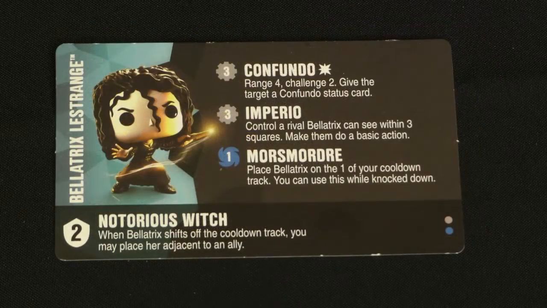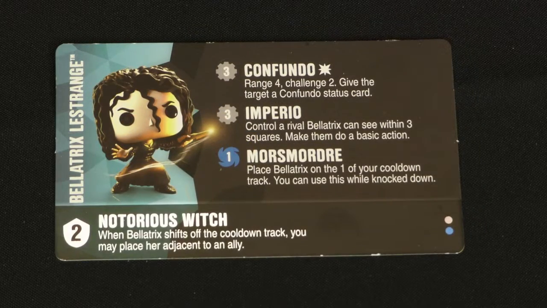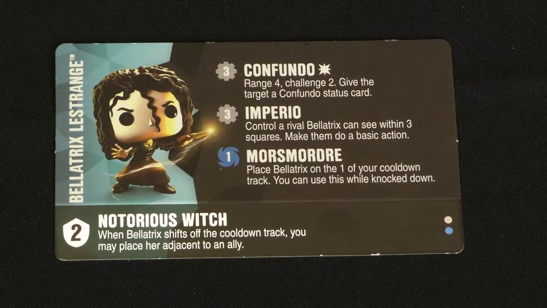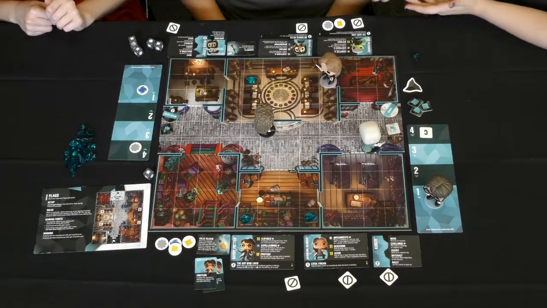Oh, that's clever. And Bellatrix has the Notorious Witch. So that's how she gets to be placed adjacent to her ally. So that's comboed really well with her Mos Mordra ability. So each of them have kind of these different passive